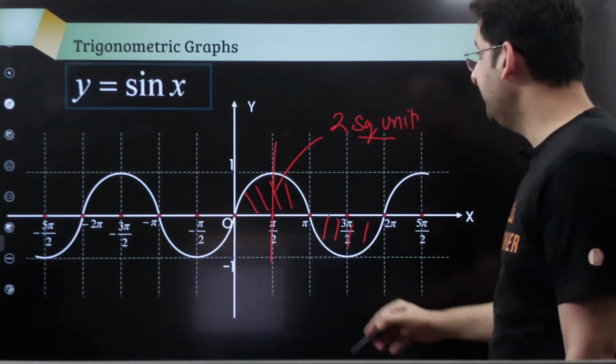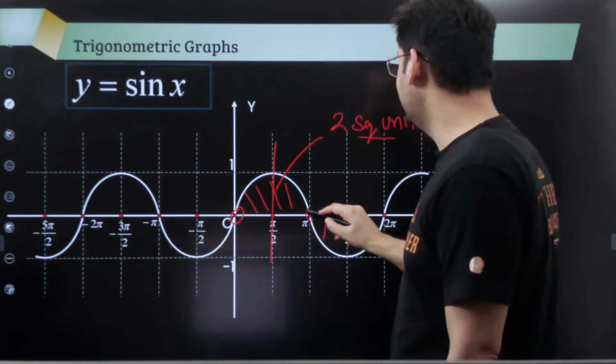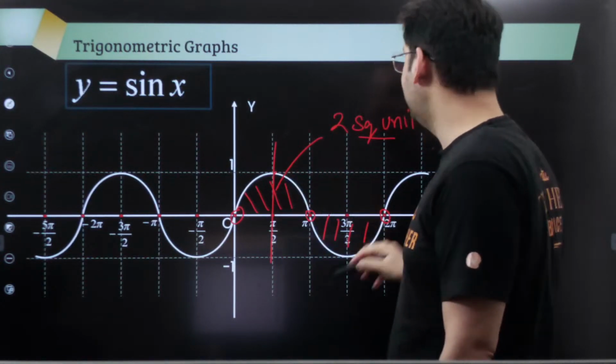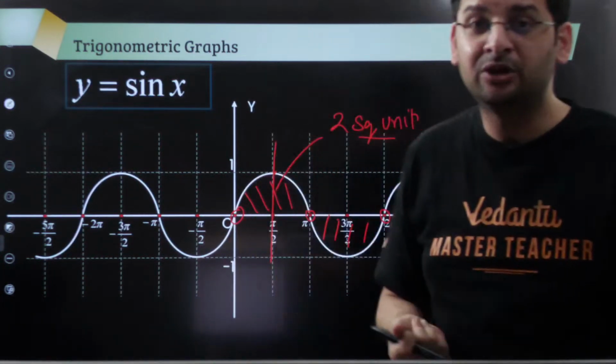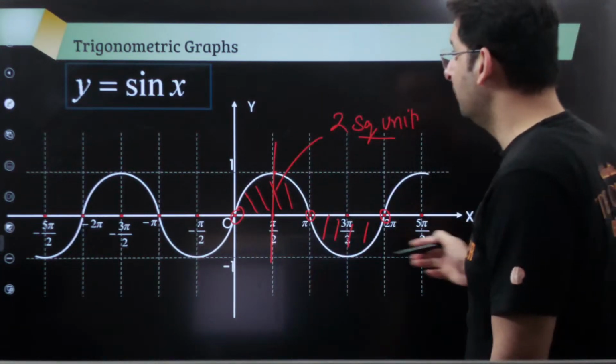Right, so you should also be knowing where sin x becomes 0. So sin x is 0 at all these points. Sin x is 1 at pi by 2, 5 pi by 2 and minus 3 pi by 2 and so on. Right, so all these points should be there on your tips. Right, so you should also know